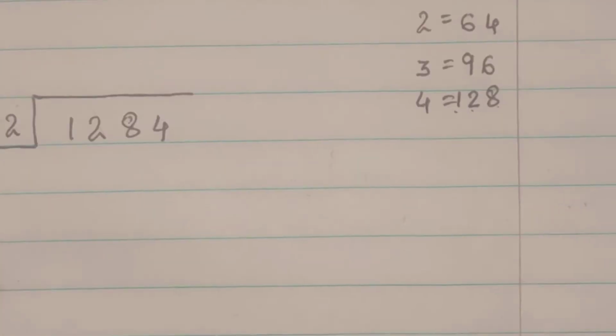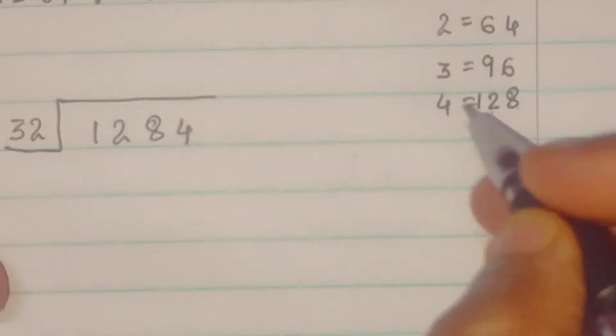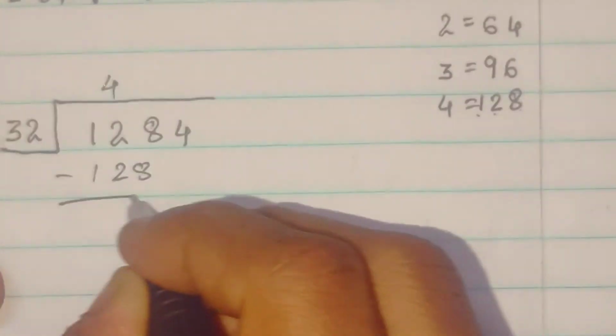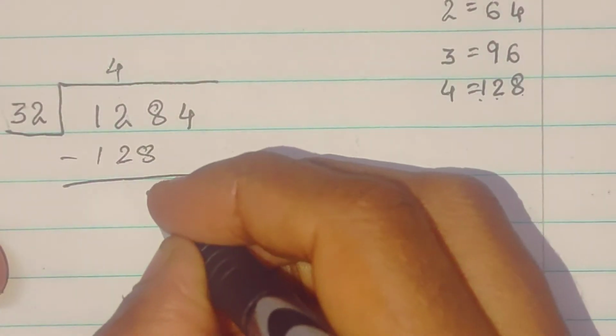So that means 32 4s are 128. After doing subtraction,